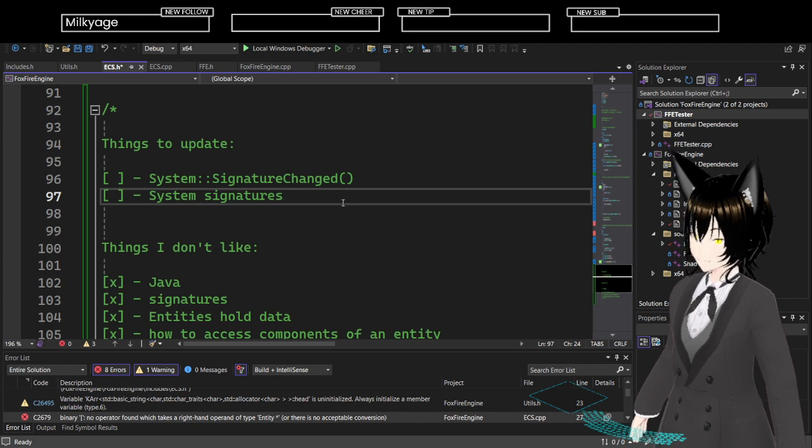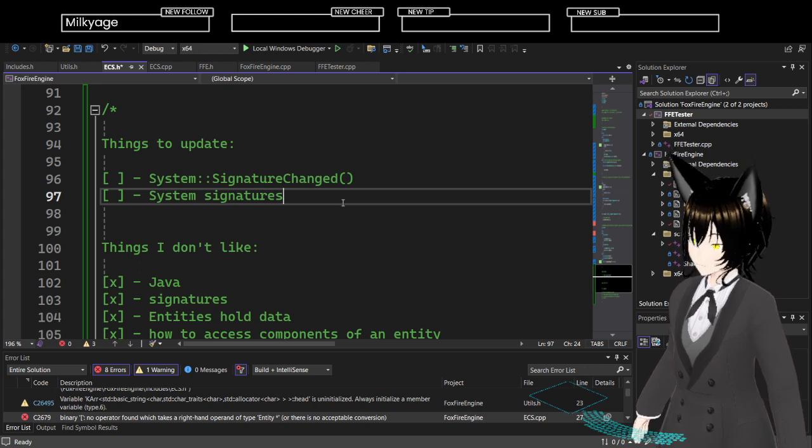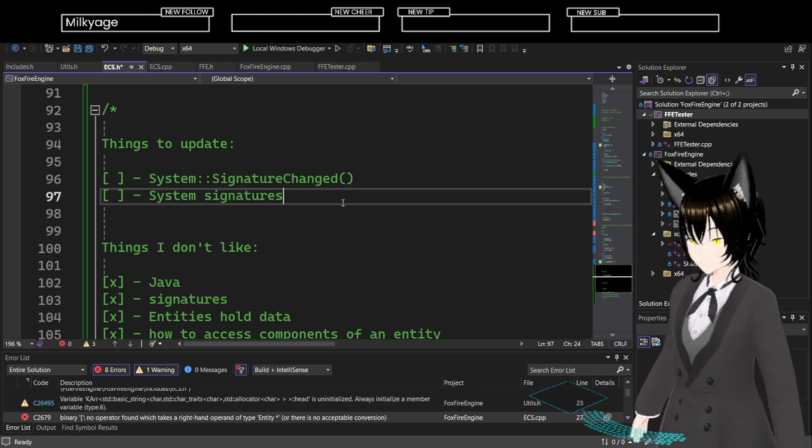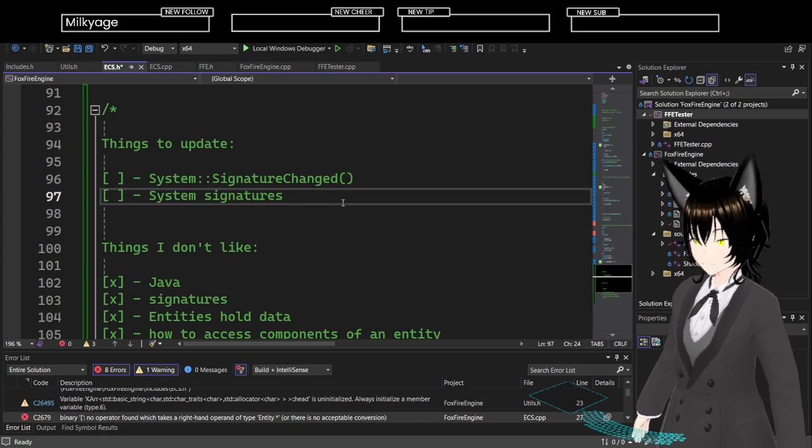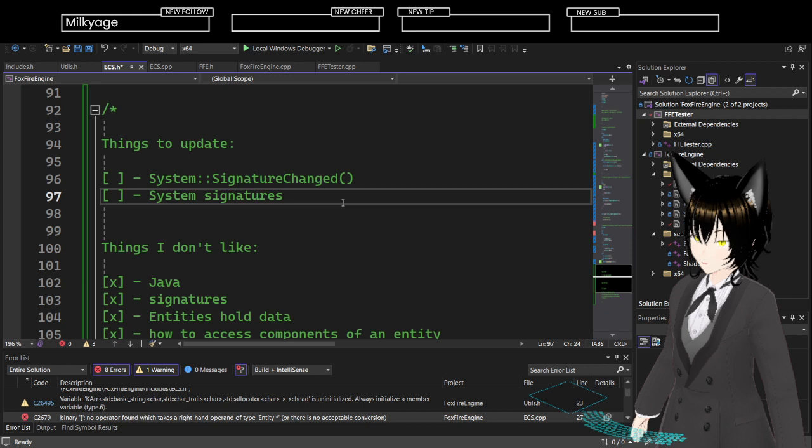But if you have, say, several thousand components or even hundreds of components, and each entity only holds a handful of components, you're wasting so much memory. It's not really viable anymore.